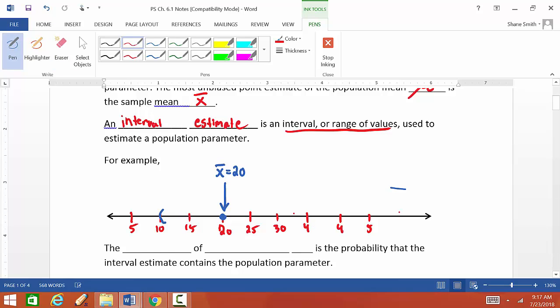$25, $30, $35, $40, $45. Okay, so if my margin of error is 10,